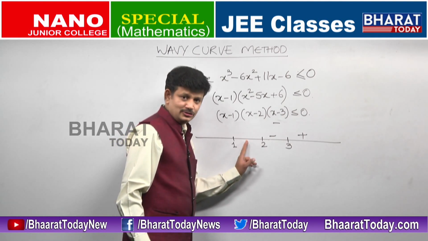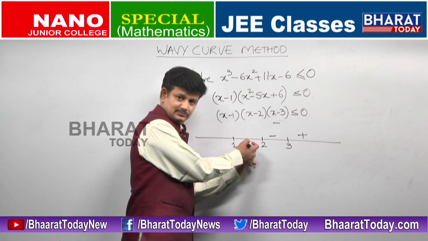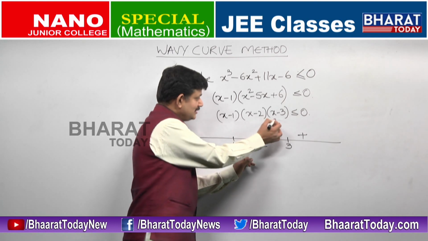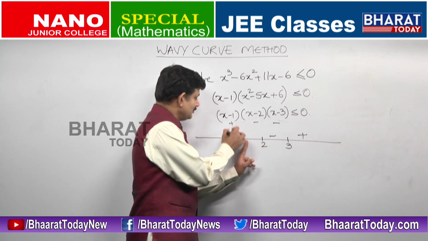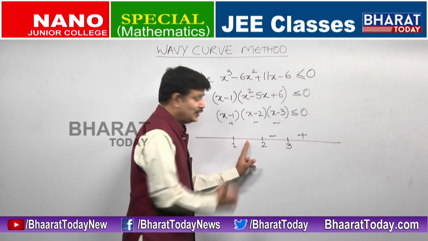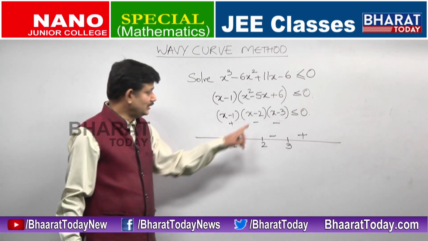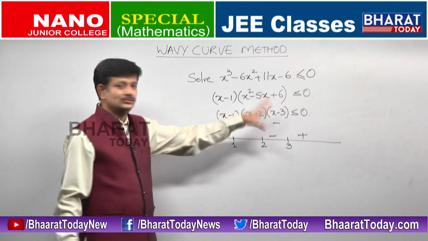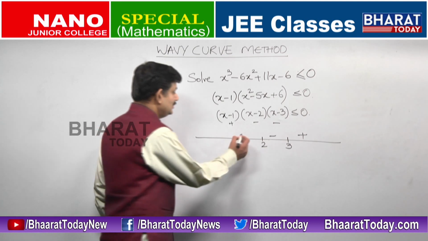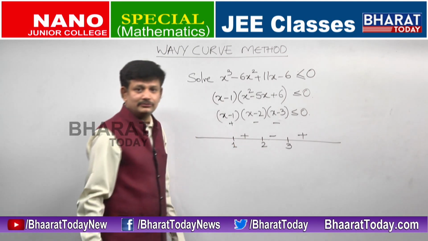X is here between 1 and 2, so x is less than 2, x is less than 3. X minus 3 is negative, x minus 2 is also negative, x minus 1 is positive, since x is greater than 1. So one positive number and two negative numbers, entirely this product will become positive. All through the product is positive. So in this particular case it is positive.